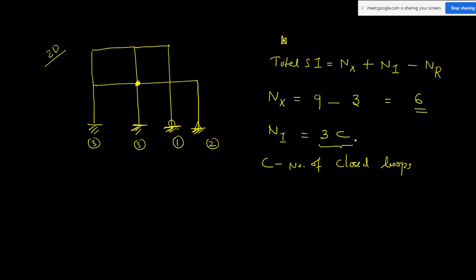Okay, if you learn this 3C by heart, what is the closed loop? This is closed loop 1, it is another closed loop 2. These are open. To solve the question, you have to just memorize it, but before memorizing, you should understand it. That is why we spend more time.